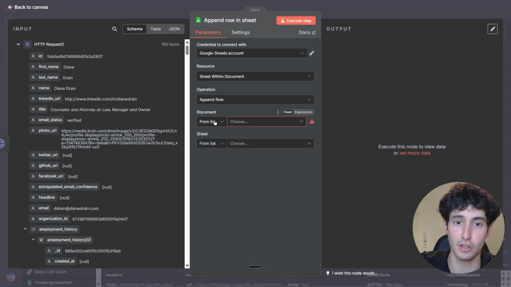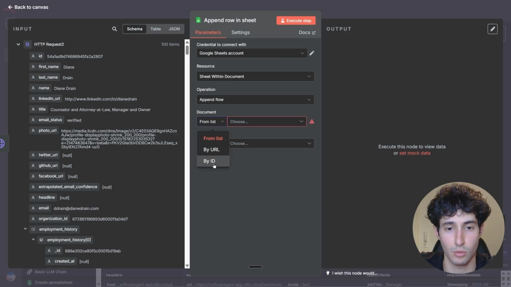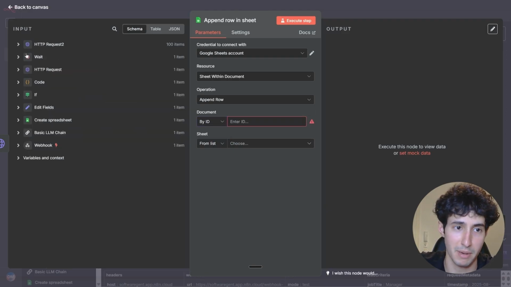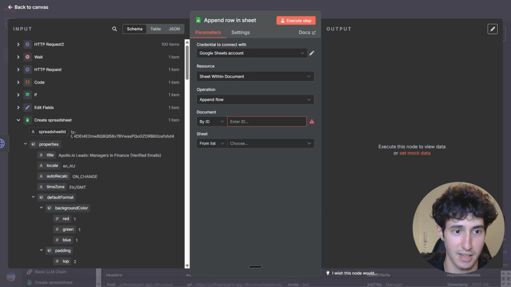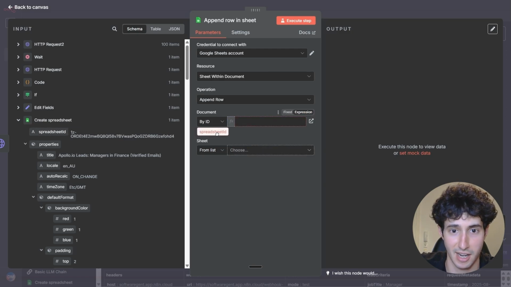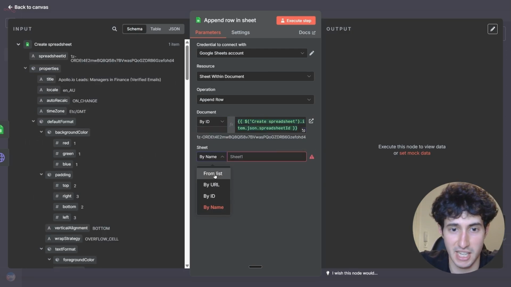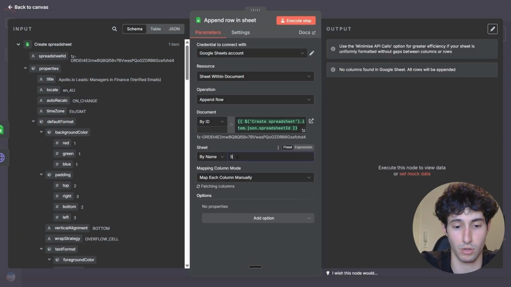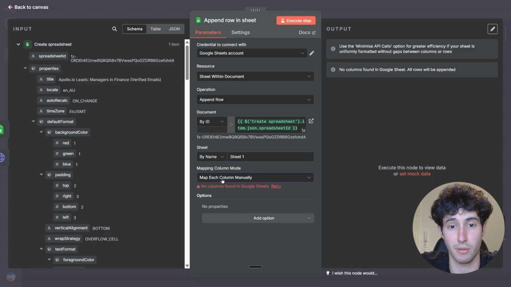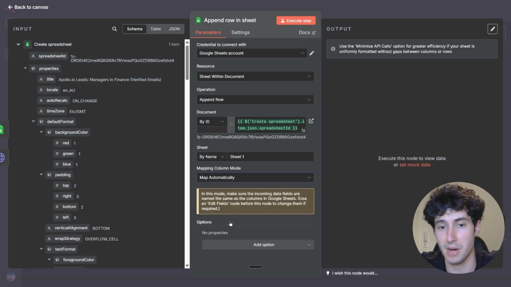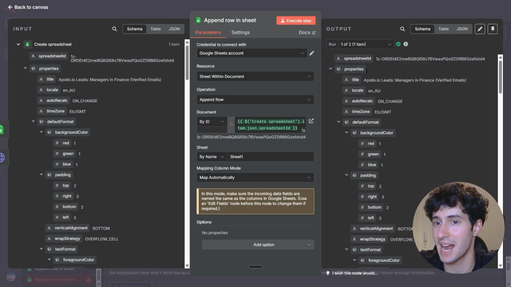And then over here in the document we can change this from list to by ID, because if you remember before we actually created a Google Sheet and over here we have the specific Google Sheet ID. So I will simply turn this into an expression and drag and drop this over here. And then over here in the sheet, I will simply select by name, and since it will only have one sheet, I will simply select Sheet1 and I will change it from map each column manually to map automatically. And now if I come over here and click on execute step, boom, you can see that it executed